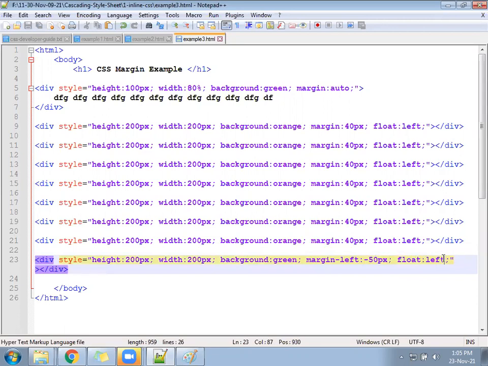Already the second last division is leaving 40. 50 minus 40, remaining will be 10. So 10 pixels should overlap in the first division. You have to increase the height here to identify. Increase the height to 250 somewhere and then check.